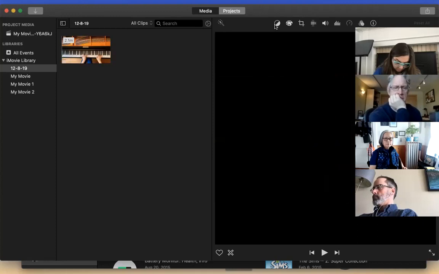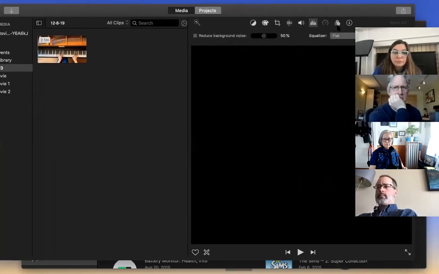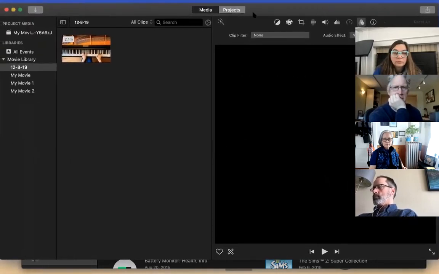You can do basic editing in here, and we'll cover more of this later. You can do cropping, adjust the volume, filtering, all that kind of stuff in this little section. So if you have some files that you want to use in the future, you can always just import them into iMovie without necessarily having to create a video.